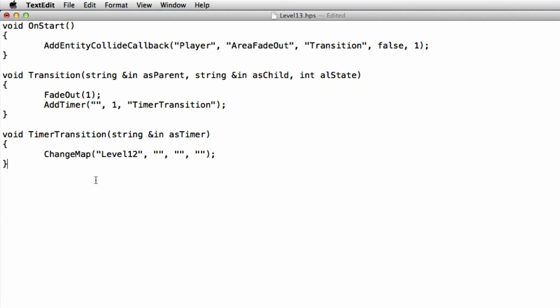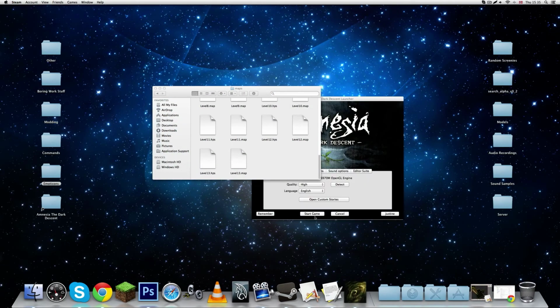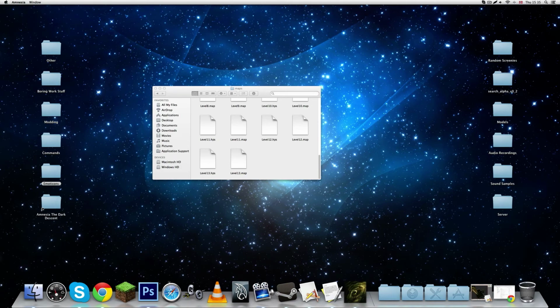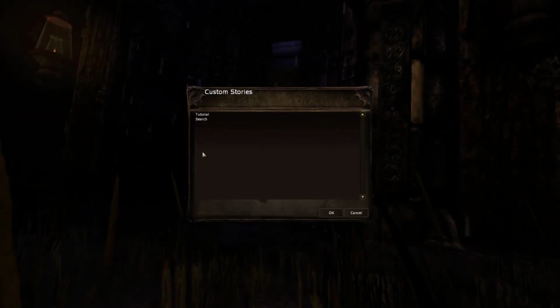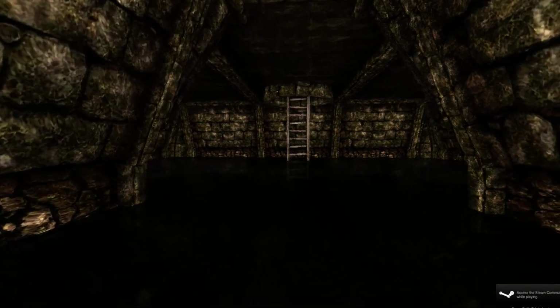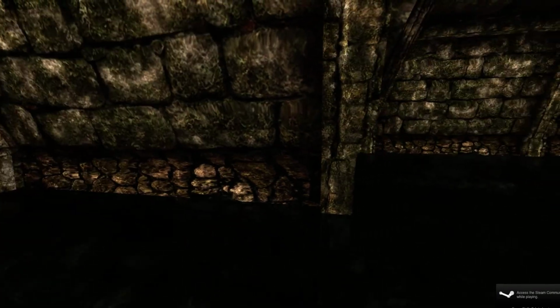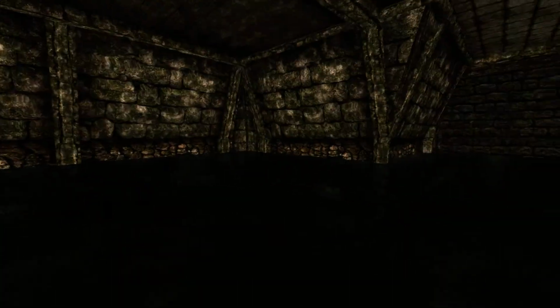And that is all the script we're going to use, so I'm going to save the map, close the script file, and now we're going to run up Amnesia and see how it looks. Should be okay. I don't think I forgot anything, like, if it crashes, then I might have done something wrong. I didn't. But if I do ever forget any parameters, I usually just go look it up on the page or just copy it.